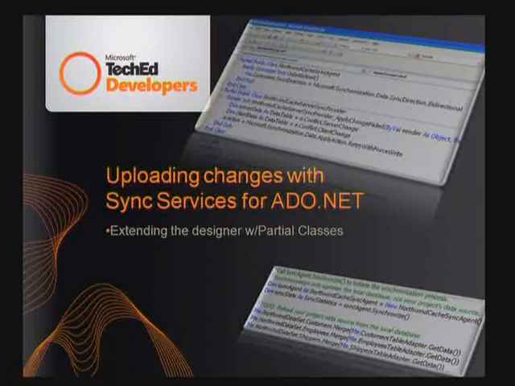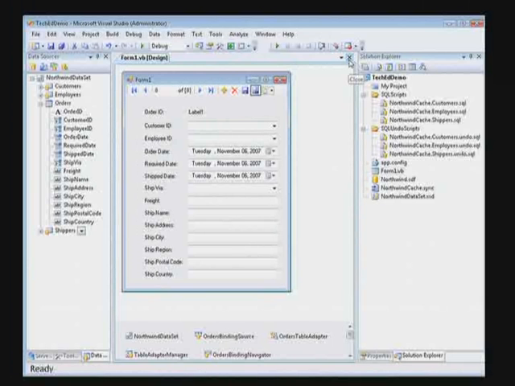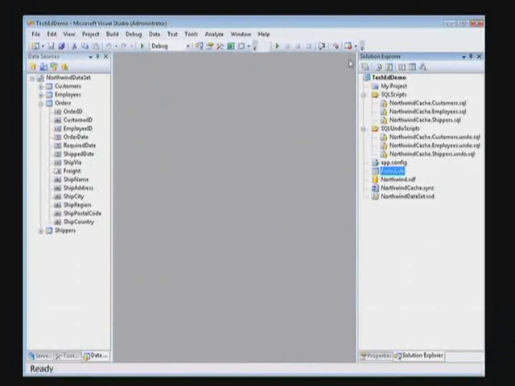So what I want to do is take what I just started with. I did this create new project here. I didn't have to, I can drag code here. I want to now do upload of changes. So what I'm going to do is take that customers table and enable it